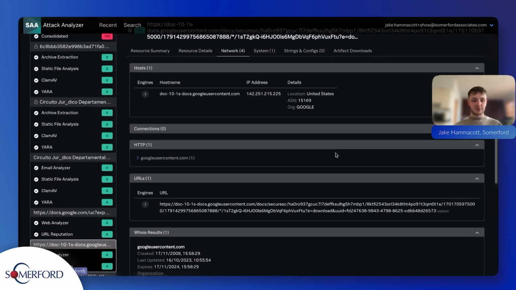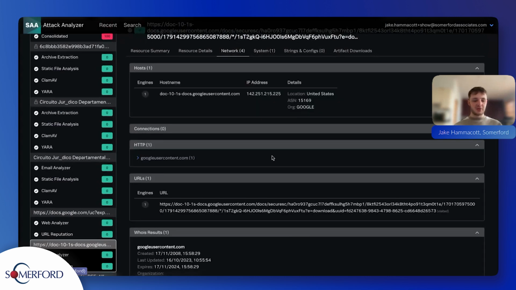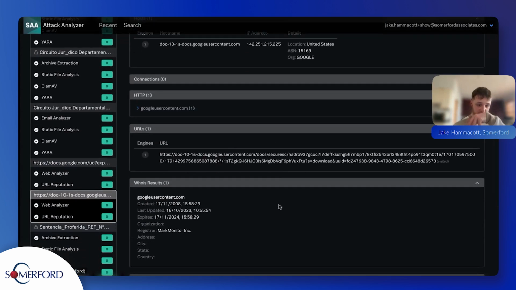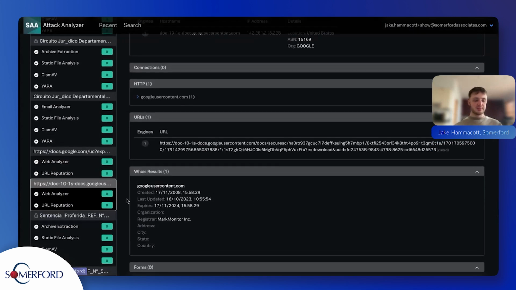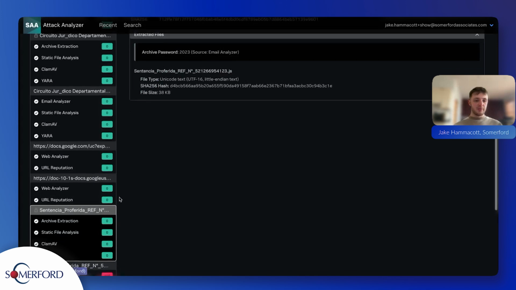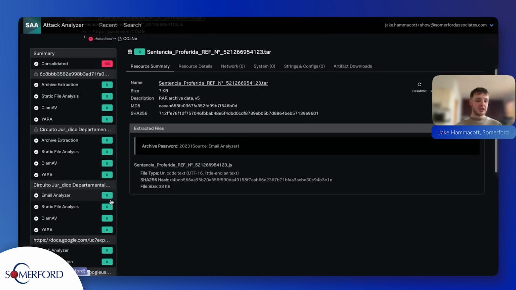And again, I can drill down into things like the network and the system, although the system is not going to be particularly relevant here, to get additional contextual information. Before going over, the actual file we downloaded was tarred and password protected. Each of our engines in Attack Analyzer communicate with each other where necessary. So this password was actually obtained all the way back in our chain here,